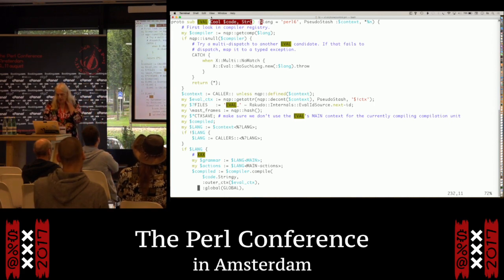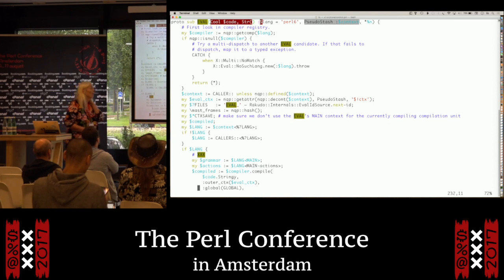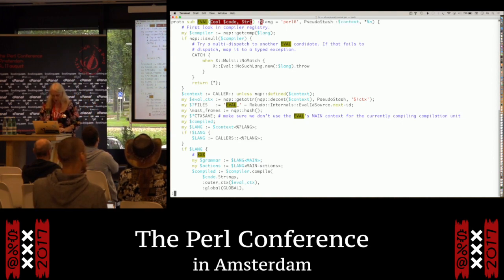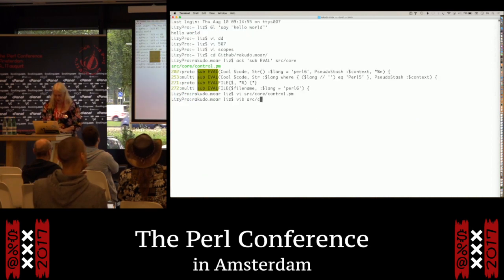So eval, it's not actually documented, but you can specify a name parameter in eval. There it is. Which is the context in which it's supposed to run. So that's used. And why do we need that? Because we also have a